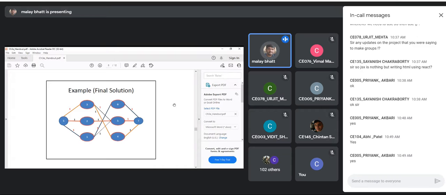And after that, we can remove the source and terminal nodes from this graph. So you'll get the complete matching. 1 will match with 6, 2 will match with 5, and 3 will match with 4. This is how we'll get the final solution. Clear? Any query in this example? It is just a simple example of the Ford-Fulkerson method with 3 iterations. Clear? So this is how we'll get the solution.